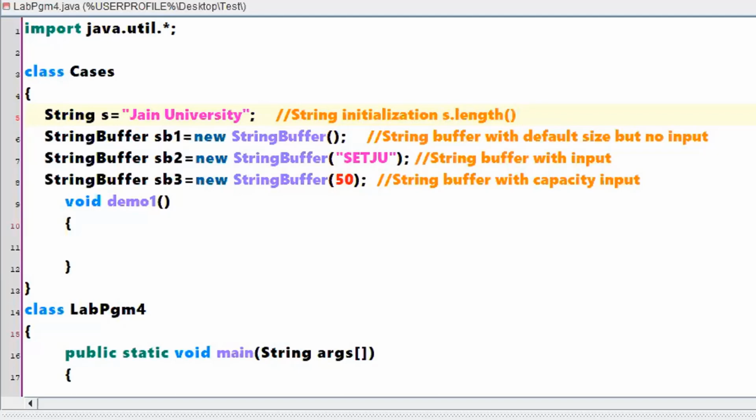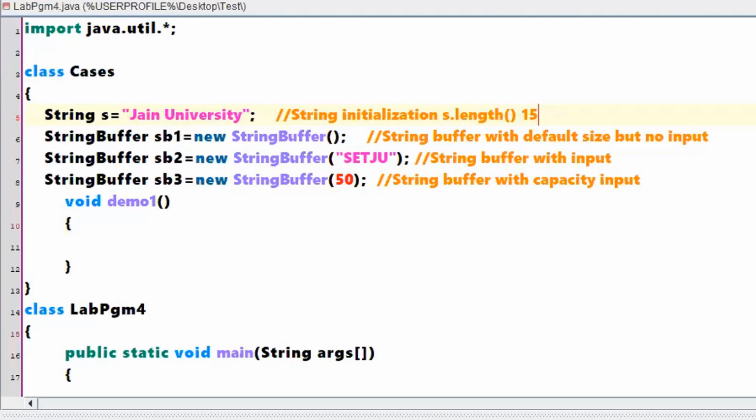How many characters are there in Jain University? 15. You have to include the space also as a character, right? So the answer for this one is 15. I already told you, you don't have something called a capacity. Ruby Kumari, count properly, 15 characters are there. J, A, I, N, 4, space, 5, 6, 7, 8, 9, 10, 11, 12, 13, 14, 15. How does 16 come?